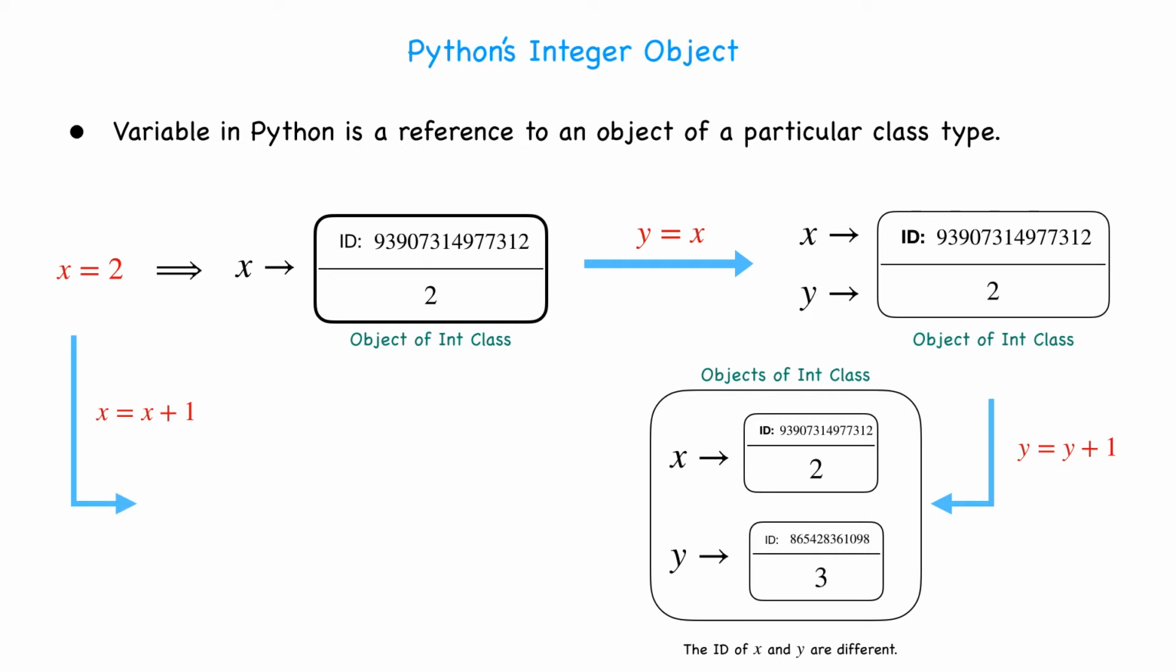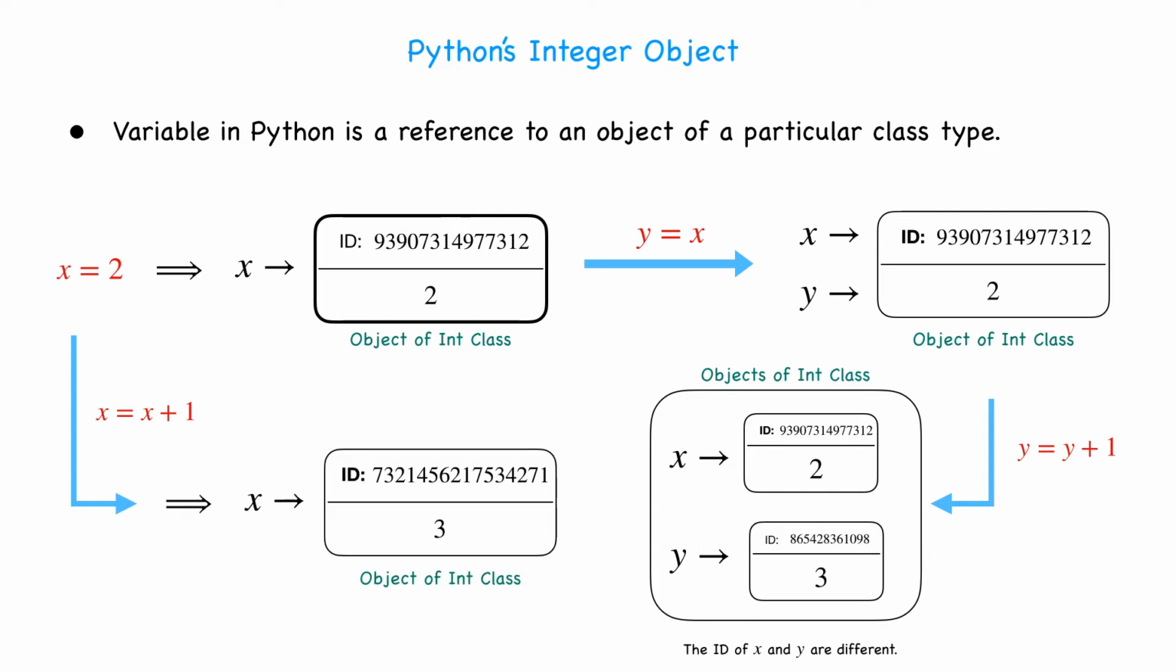Suppose you would like to do the operation x is equal to x plus 1. As the x value has changed, x would be referencing a new object which will hold the value 3, since 2 plus 1 is 3. As you can observe here, the ID of x previously and now is different. The IDs are taken here just for reference; they need not be exactly the same. So the ID of x got changed,